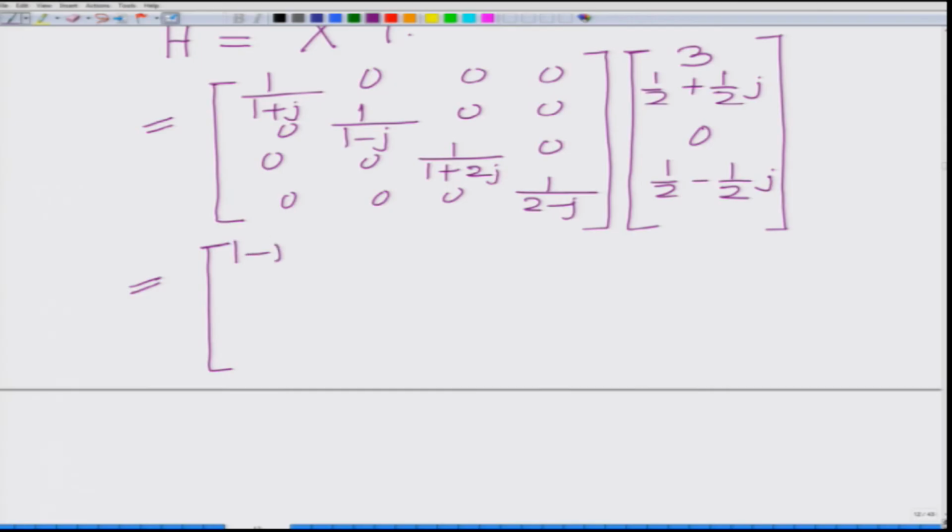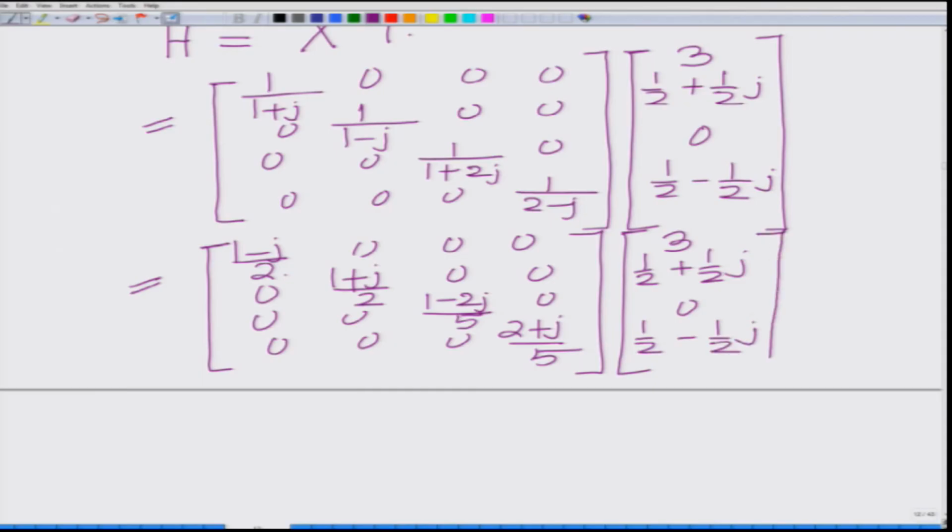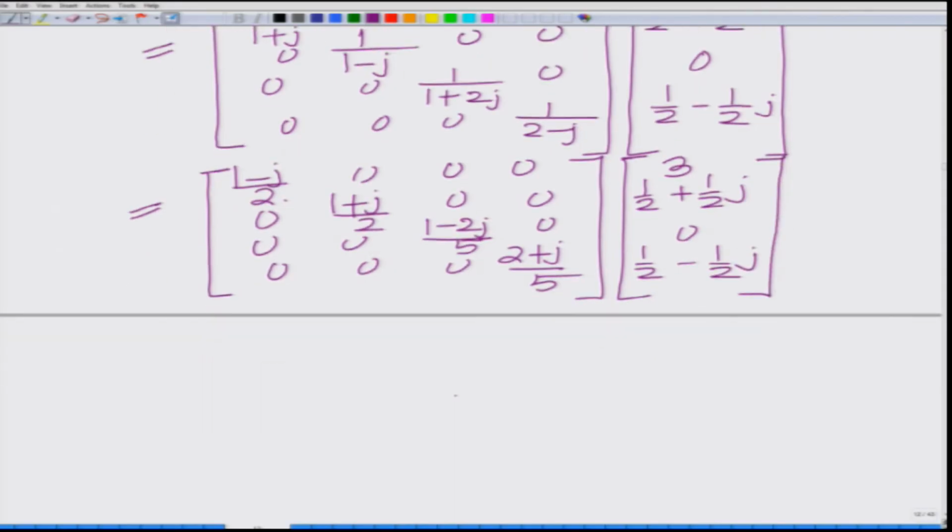This is 1 minus j divided by 2, 1 plus j divided by 2, these are the diagonal elements I am writing, the rest of the elements are 0 anyway, 1 minus 2j divided by 5, 2 plus j divided by 5, times 3 half plus half j, 0, half minus half j, and you can multiply this out now